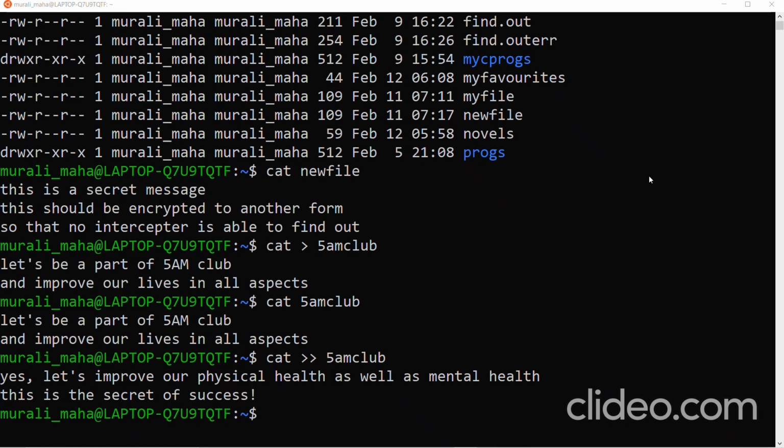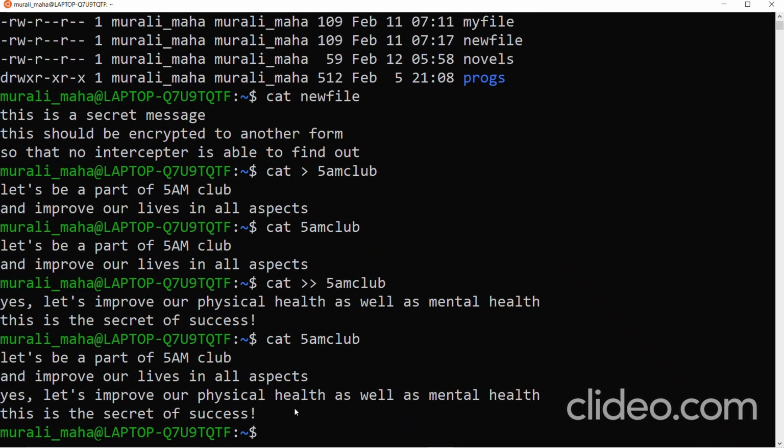Now let us check the contents of the file 5am club. Yes, the contents that we typed, that has got appended to the file, with the help of the cat double greater than operator.